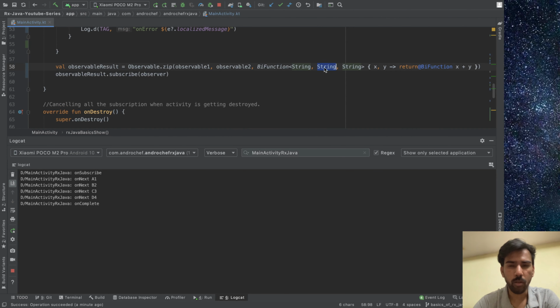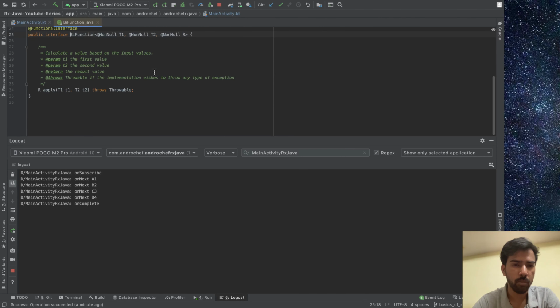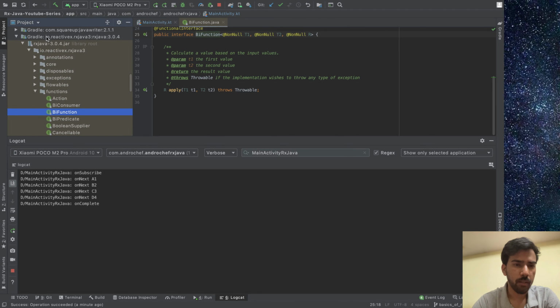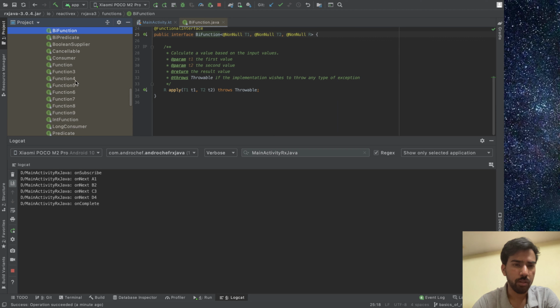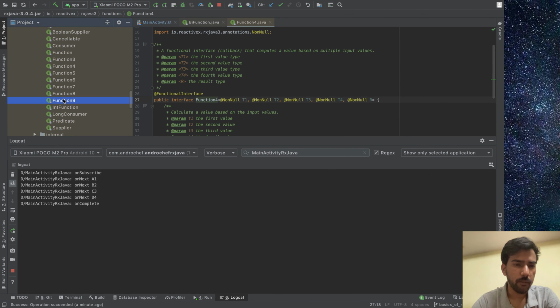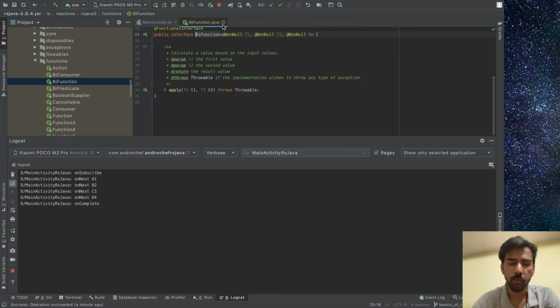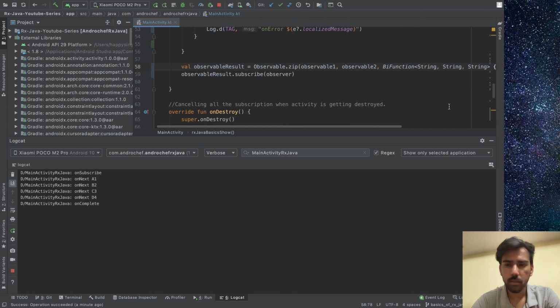If you have multiple observables, you can do the same. BiFunction supports up to nine observables, as you can see in the library, so you can do the zipping on nine observables, correct?